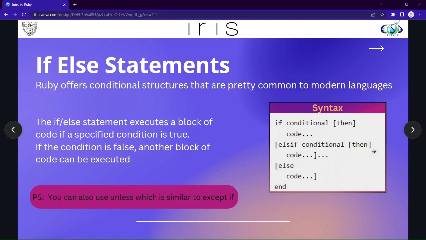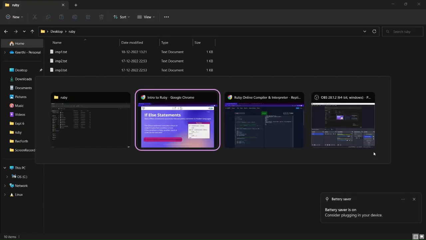We also have something called unless statements, which execute when the condition is false. We need to note that if executes the statements if the condition is true, while unless executes the statement if the condition is false. Coming back to implementation,